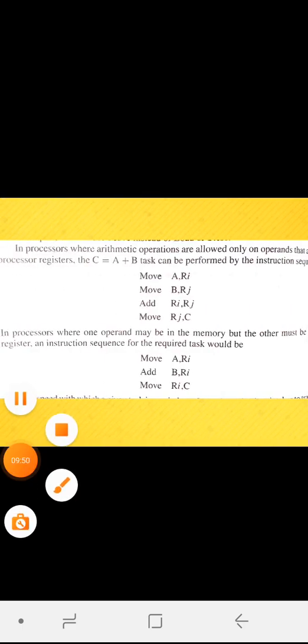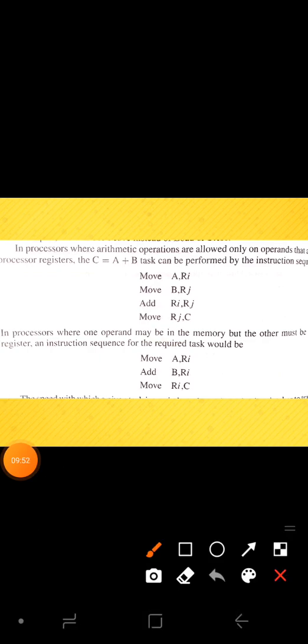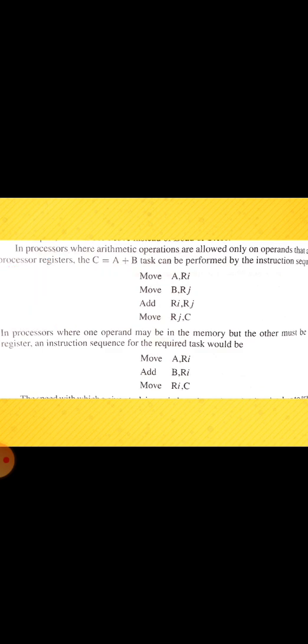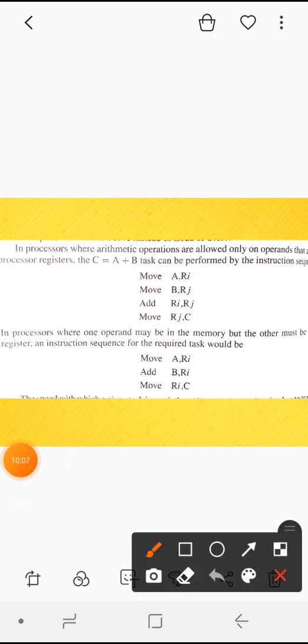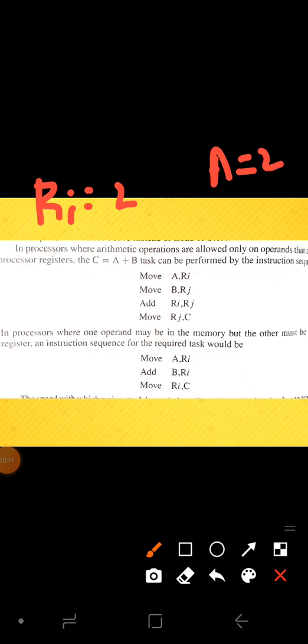For example, if you want to perform the same operation, C equal to A plus B, these are the instructions which can be written by using the move instruction. Take A equal to 2 and B equal to 3. First move A to RI, therefore RI will be holding 2.